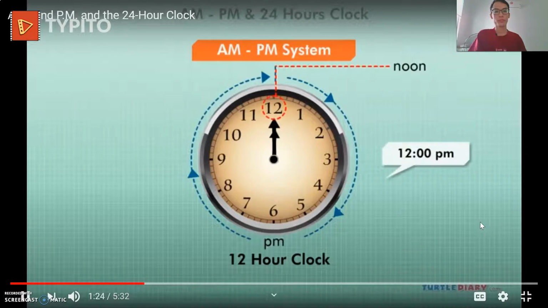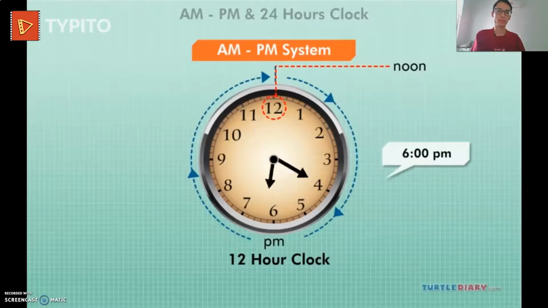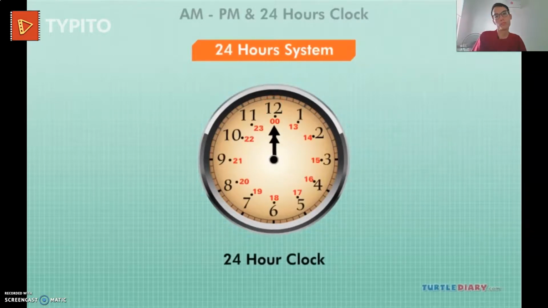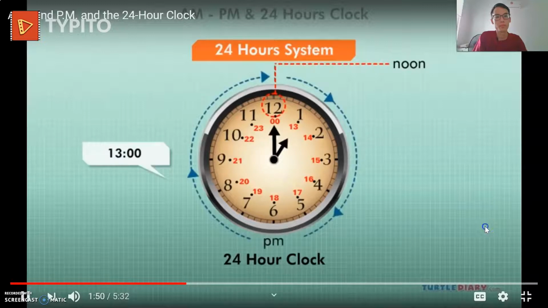It starts over again with 1 o'clock and goes through 12 o'clock midnight. In contrast, a 24-hour clock does not start over after 12 o'clock noon. The next hour, which we normally think of as 1 o'clock p.m.,